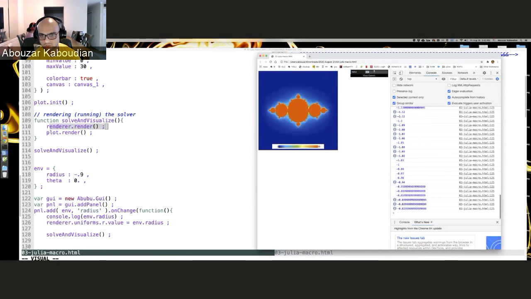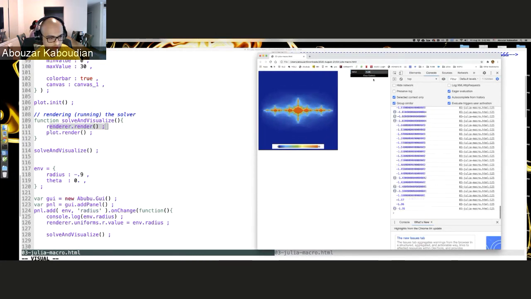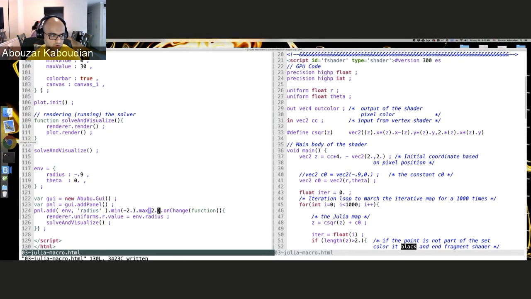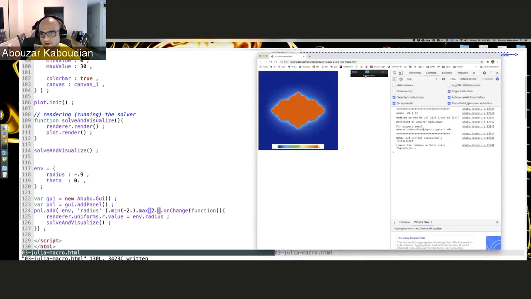And we're going to start plotting a new value over there. So this unchanged part is the important part that we need to remember that we add there. So it is very smart. You can add minimum values. Say that you don't want to go below, I don't know, -2, and a maximum value of 2. And if you do it like that, it will automatically also add something here so that you can change it